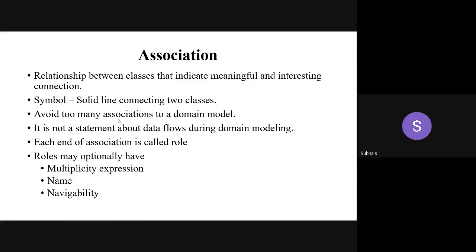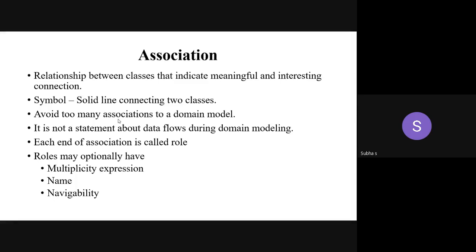You can be a blood donor, a social worker, or a sportsman, a cricket player. So if your class diagram is associated to any sports or cricket management system, you mention student as a class. In that, what is the role of the student? He's playing cricket, so player is the role. You can attach that name at the end of the association. That is the role name.